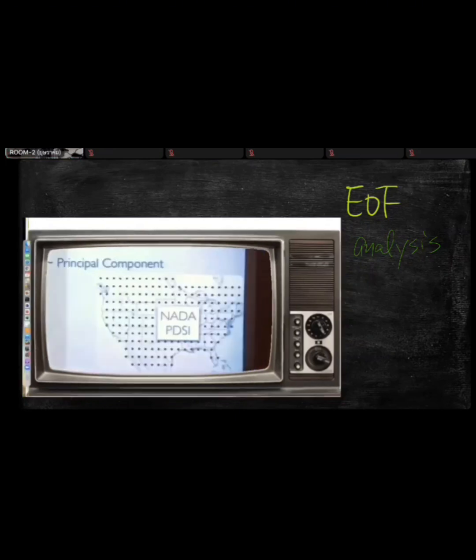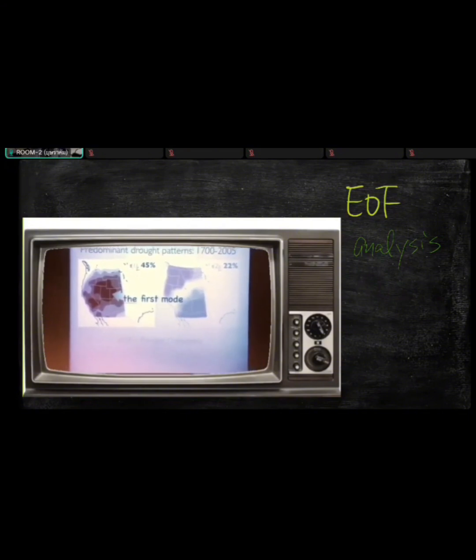Then you can apply that to drought grid point data. I'm using the USA as an example. This is grid data. You put it in and it will show you different patterns. Now, this is the second EOF. And you can also show that compared with the first EOF, the patterns are usually vertically or horizontally shifted. There's a mathematical reason for that.